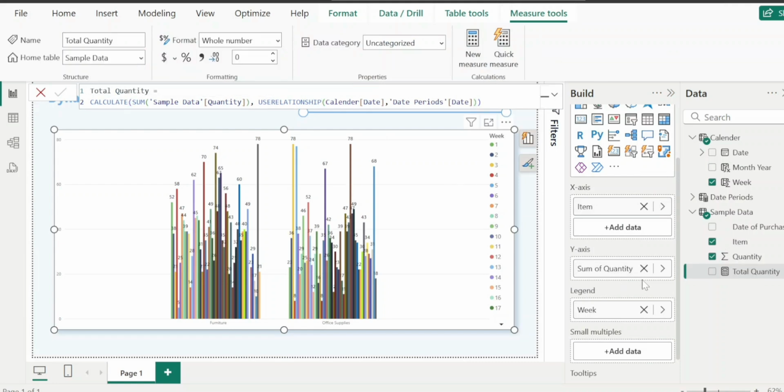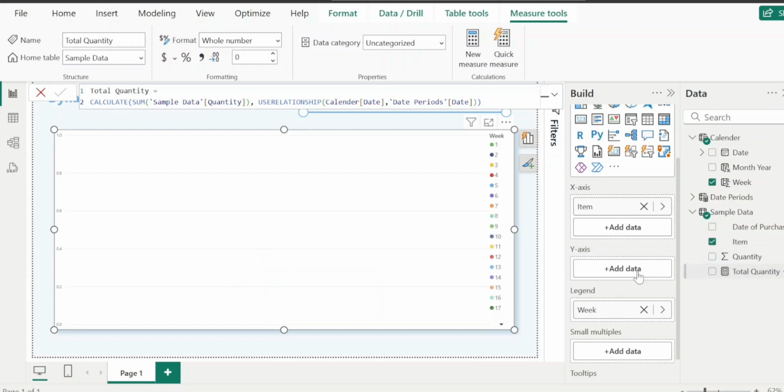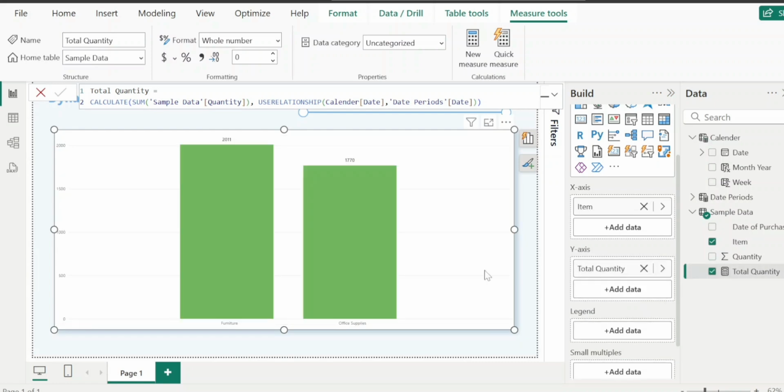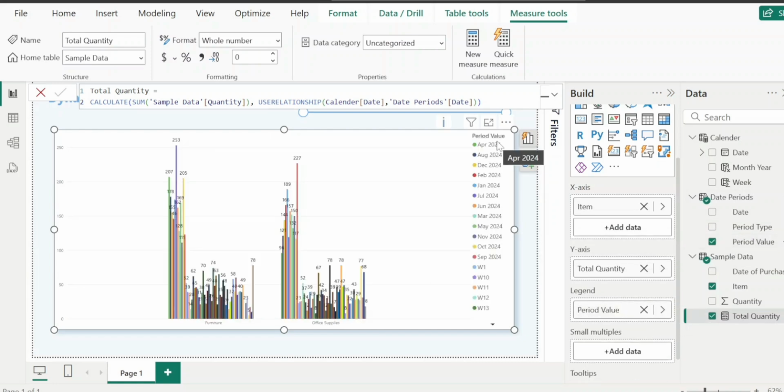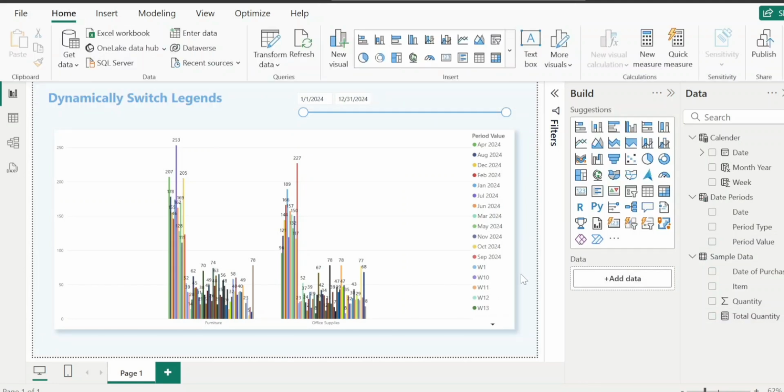Now this column I am going to use here, and I'll remove the week from here. Now when I put the period value in my legends, it is going to put everything, the month and week as well. And if I want to filter that out, I am going to create a flag measure